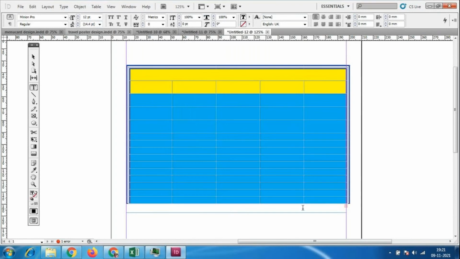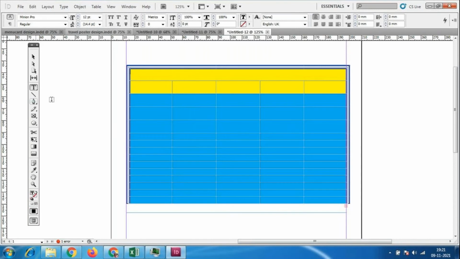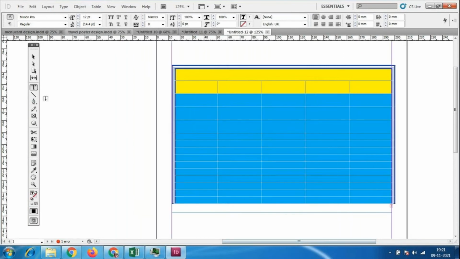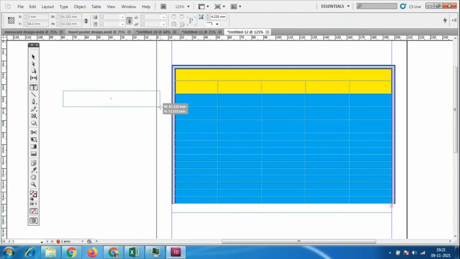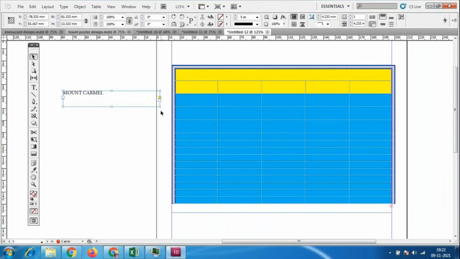So for typing we again have to take the text box. So I will type outside. I feel the spelling is correct. If there is any mistake with the spelling, please tell me. I'll just type the text like this.